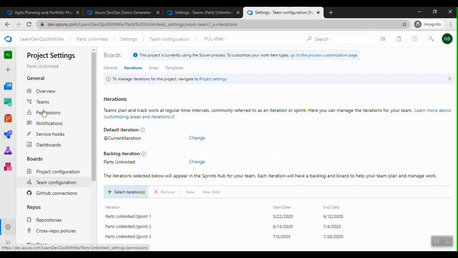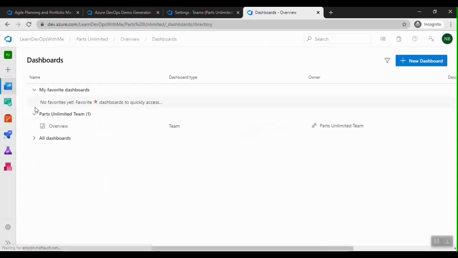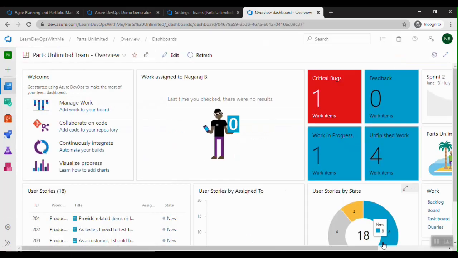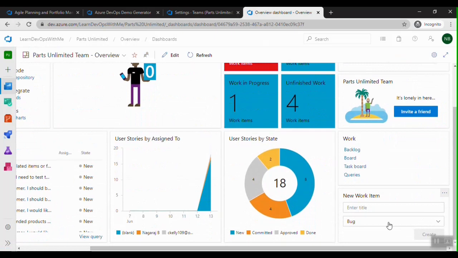So let me go to the boards. There are different ways to create a work item. One is, let me go to the dashboards view and select the overview. So I can create a work item from here.